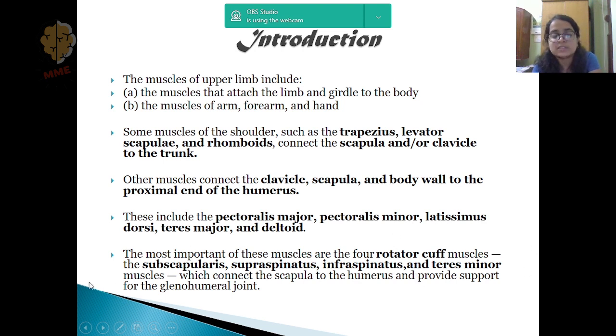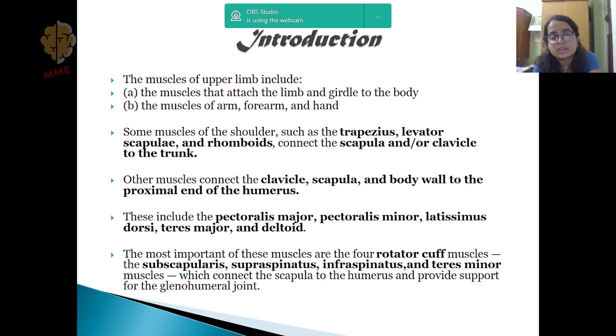These four muscles form the rotator or the musculotendinous cuff, which connects the scapula to the humerus,